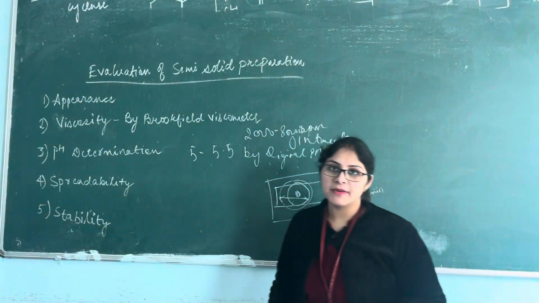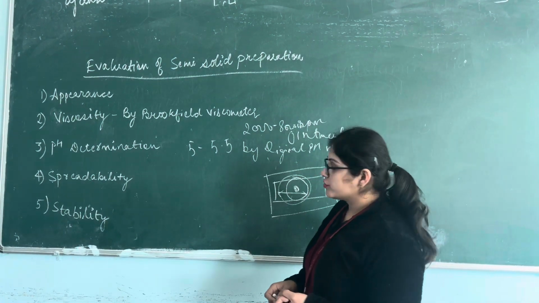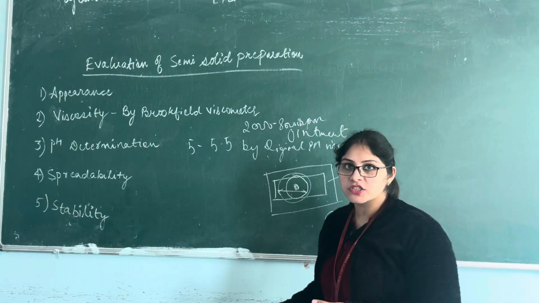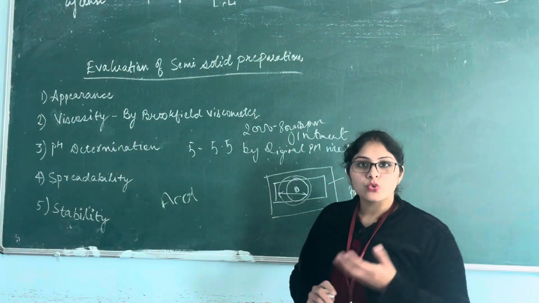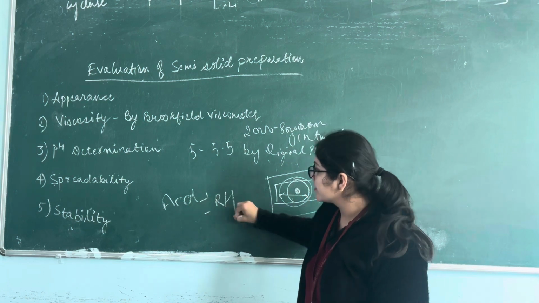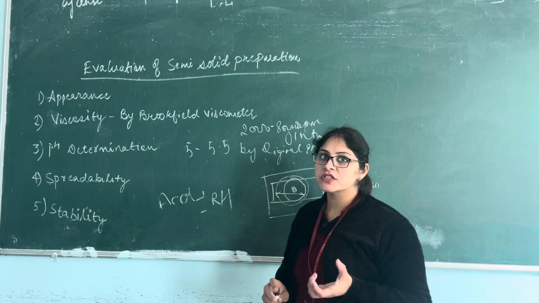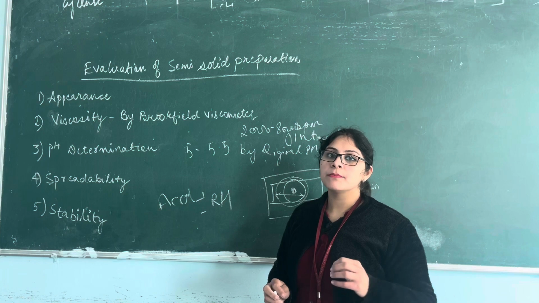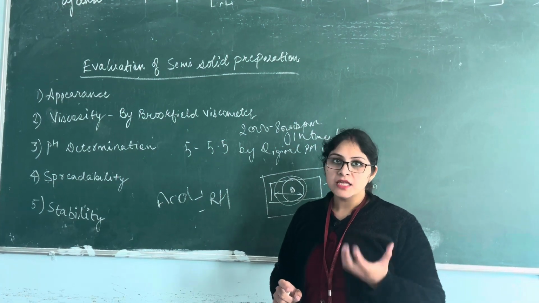Then comes the stability. We have to determine the stability of the formulation which we prepared. In stability, we store at different temperatures: at accelerated temperature, at room temperature with relative humidity, and at low temperature also, with the ICH guidelines which are required for stability, for 3 months. After 3 months, we check periodically that our formulation does not get contaminated by any microbes.